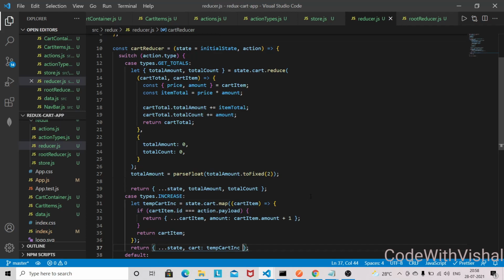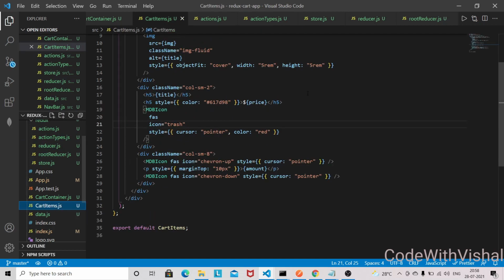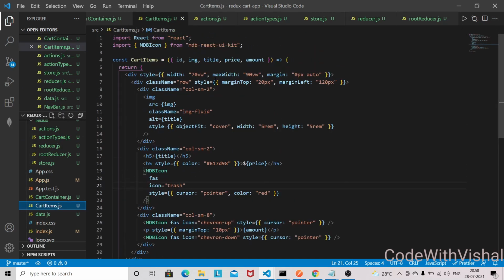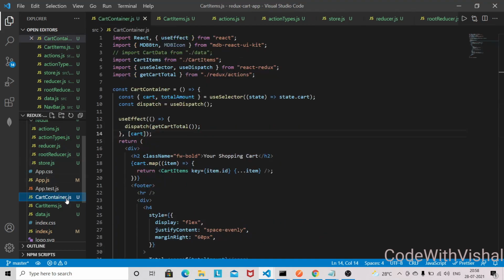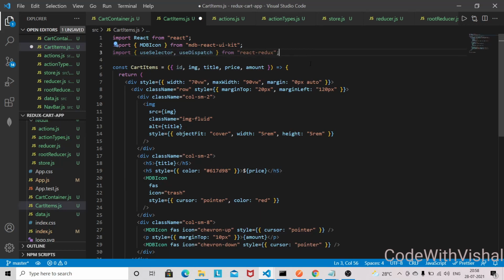Okay, so let's use this action, and we have to use this action in our component cart items. Again we need those actions, so I will copy a couple of lines from here, because we need this one, so let's use it here.